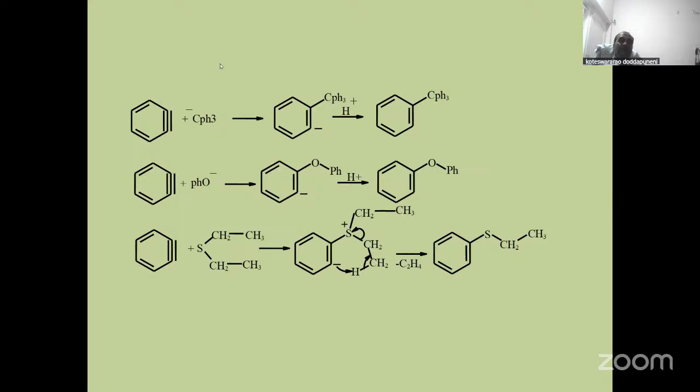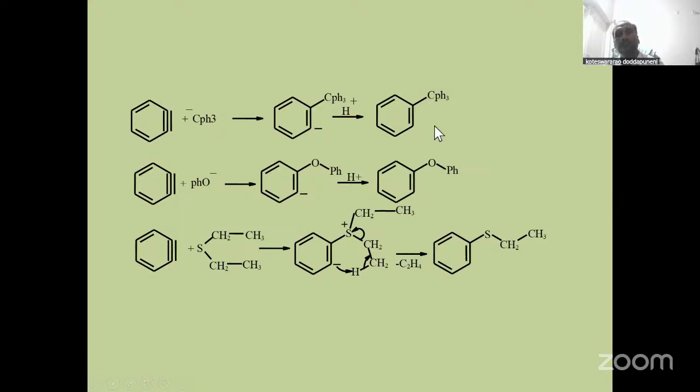Triphenyl carbon ion. This triphenyl carbon ion is undergoing addition on the benzene that leads to the formation of a substituted carbon ion. That phenyl carbon ion is generated. This phenyl carbon ion further abstracts the proton from the source. Then it leads to the formation of triphenyl